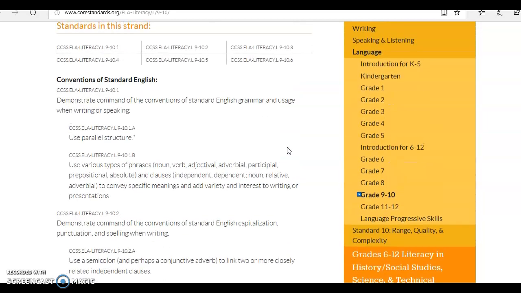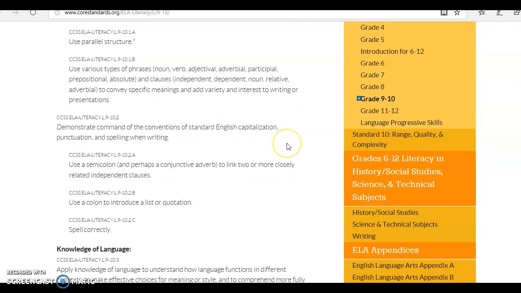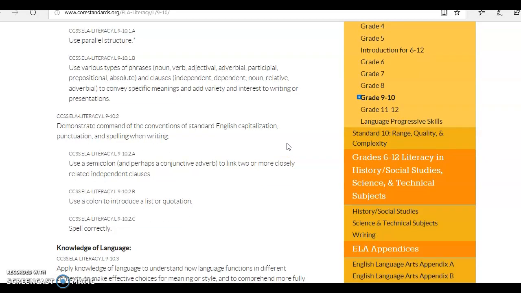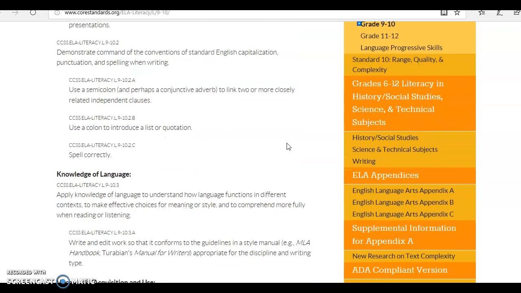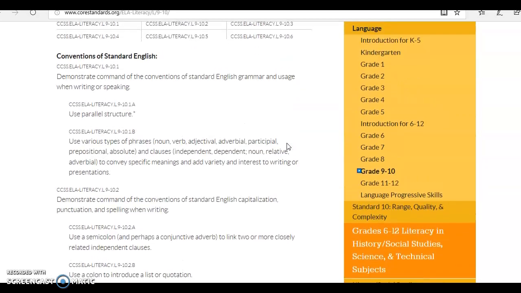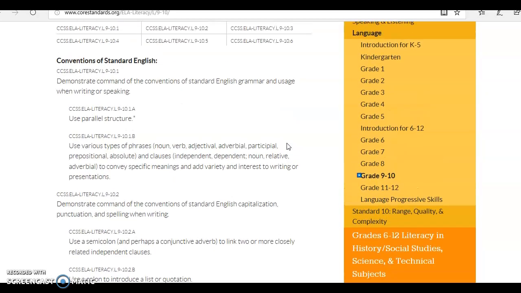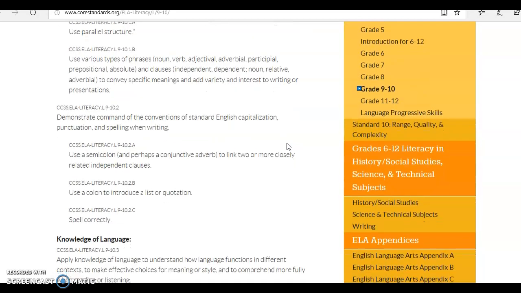And I never really thought that was a standard, to learn how to use a colon or to even spell correctly, just because those are things you learn in elementary school. I think I learned how to use a colon maybe when I was in middle school. And I felt like that was the kind of standard to have for a middle school class rather than a high school class.